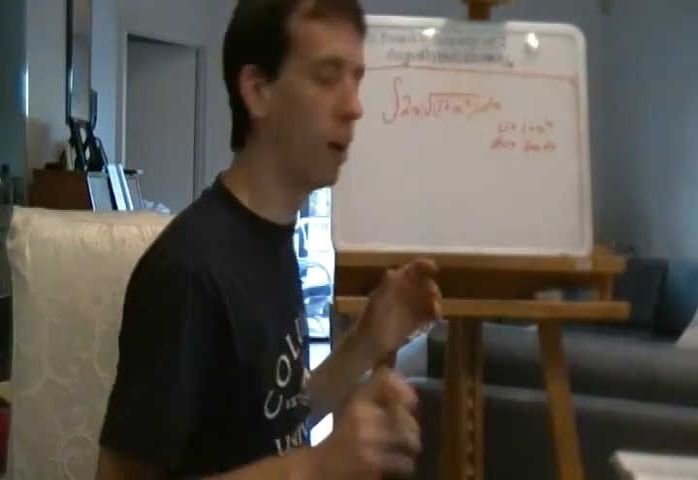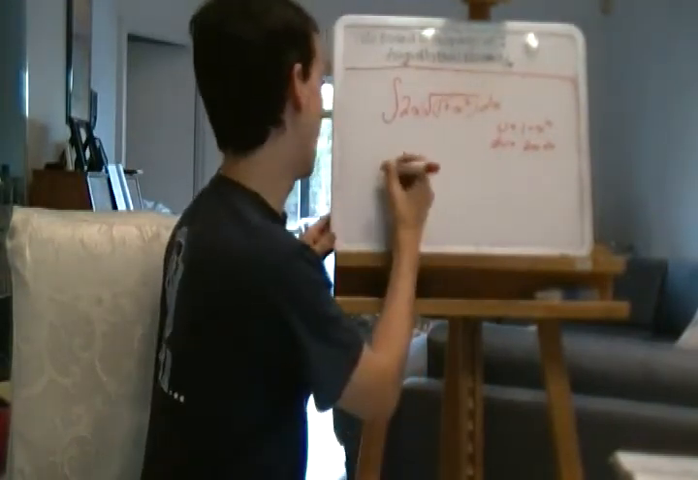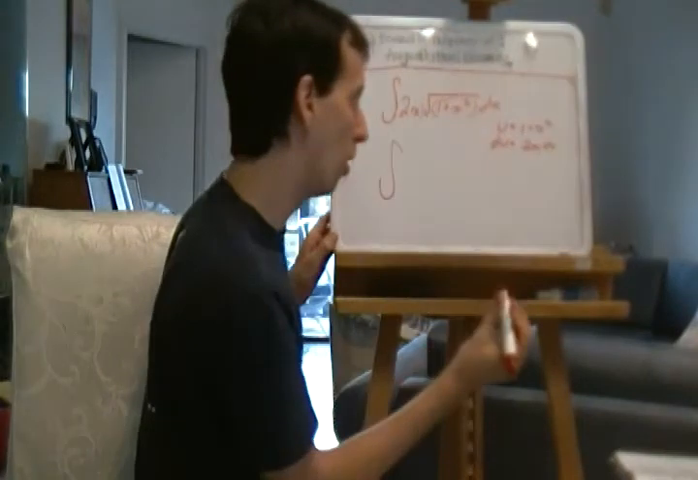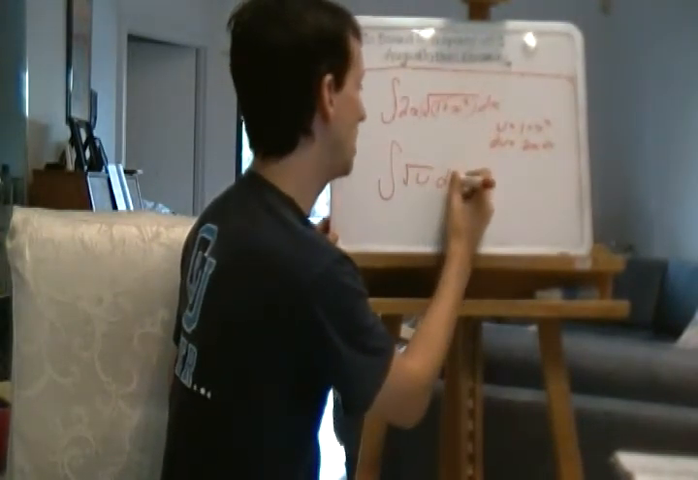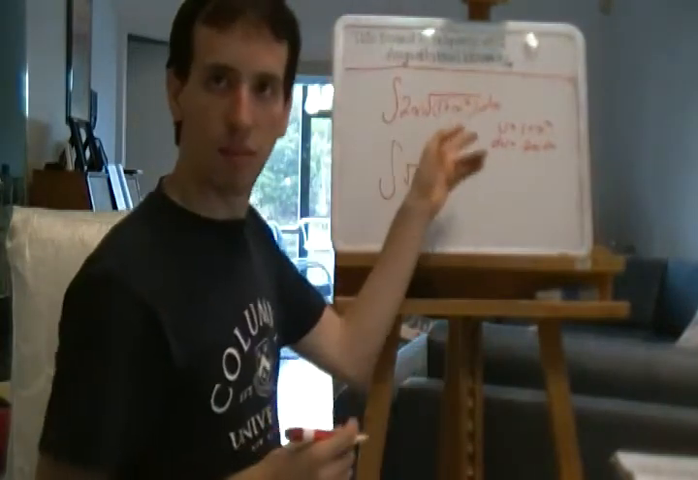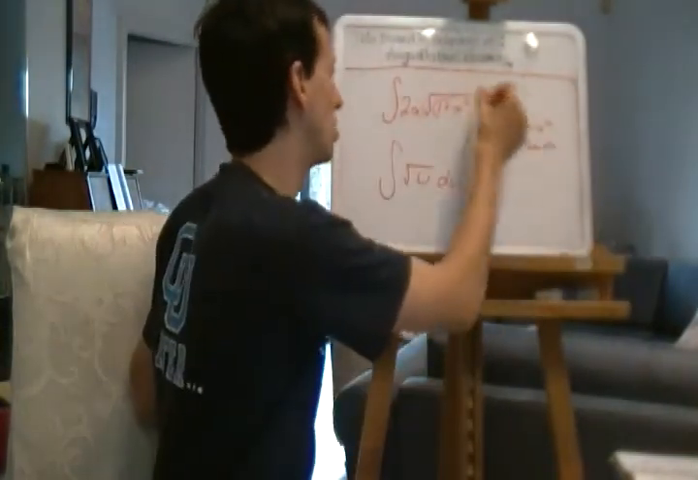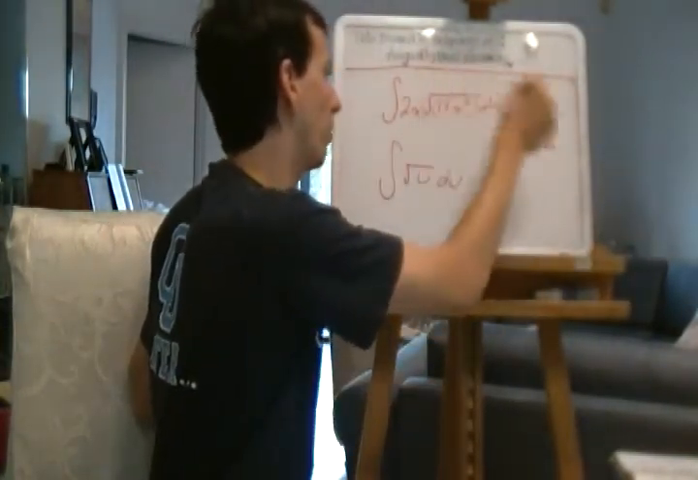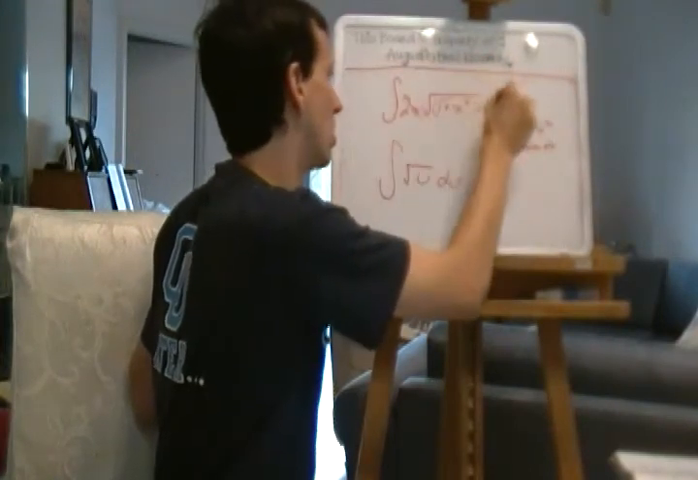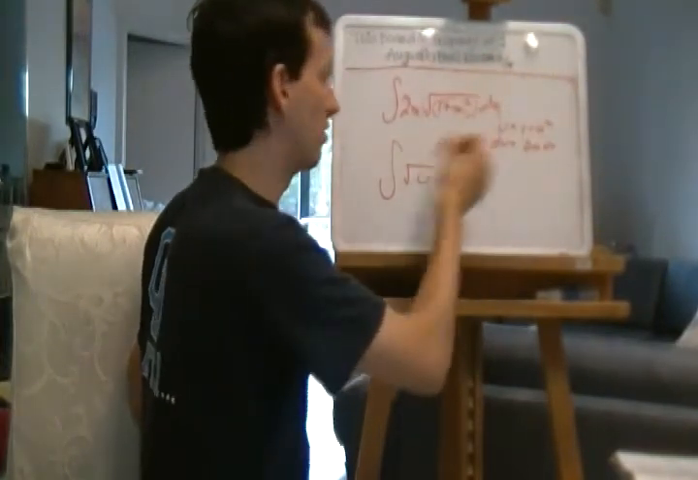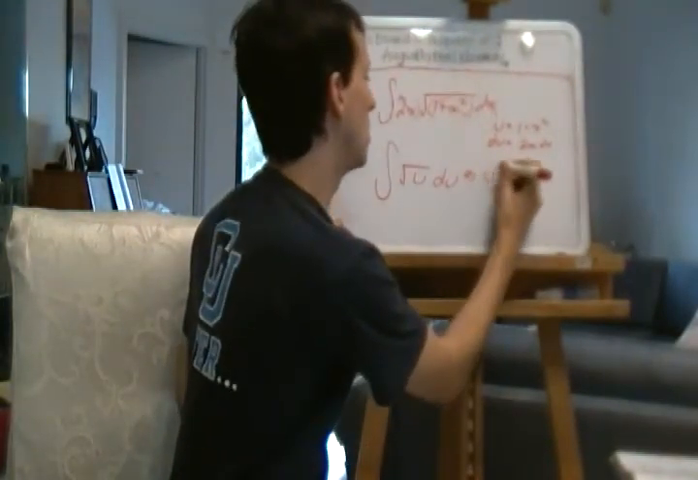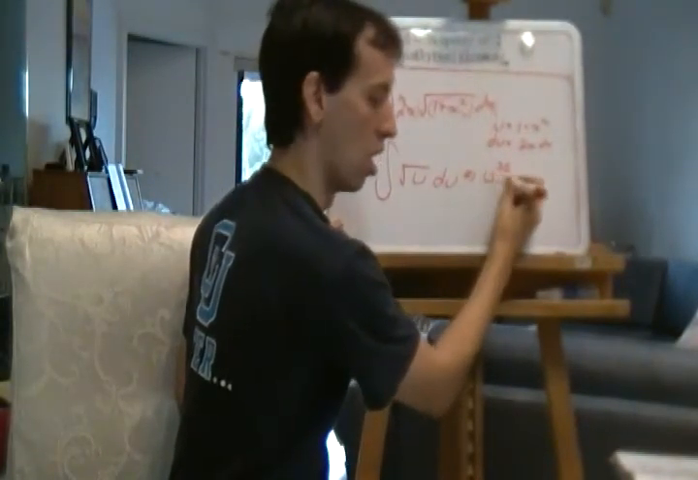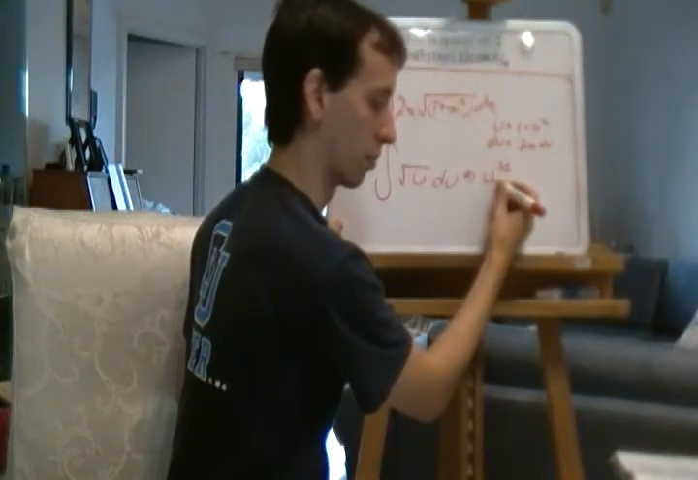Now we can see that we've got the 2x, we've got the dx, and we've got the 1 plus x squared. Watch how we can rewrite this now. We can take the integral of the square root of u du. They're the same thing, because u is this and du is this. So all we have left is the square root of u du, and we do know how to integrate that. That's going to be u to the 3/2 over,